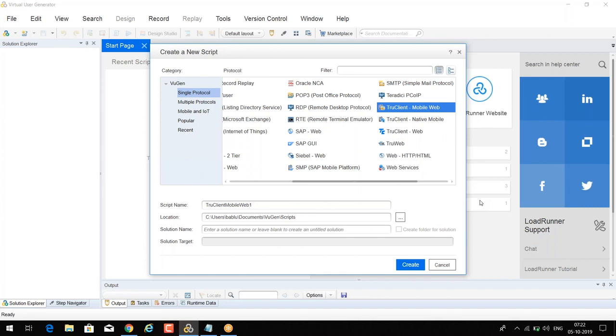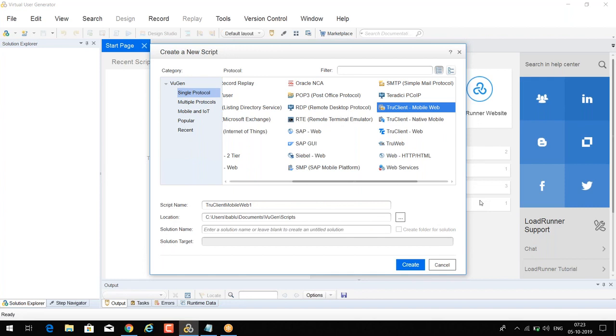So these are the advantages, and the downside is that it consumes a lot of memory. We will also see how we can calculate the number of LGs required for the true client protocol, so that we can discuss later on. So these are the advantages and downside of using true client protocols.